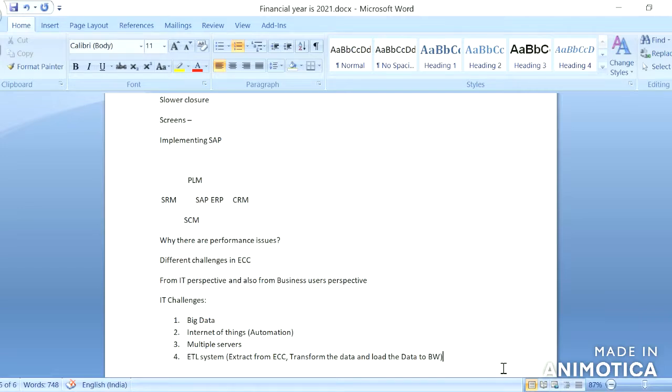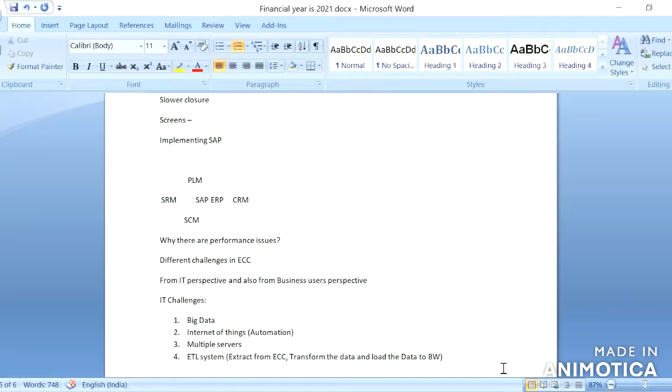Even though the background jobs run and everything happens, if they want up-to-date data at that particular minute, definitely they can't get it. They have to wait.